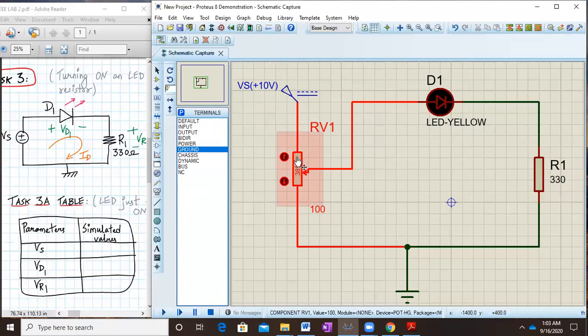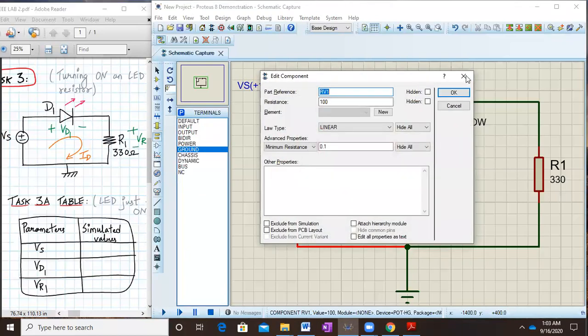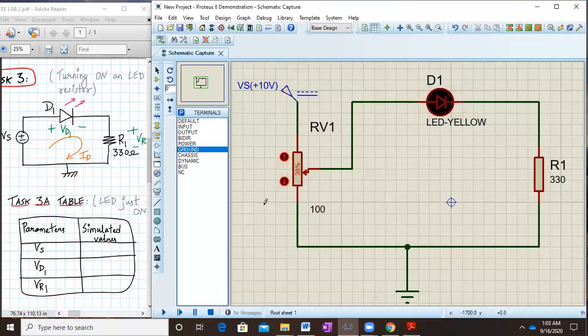Okay, I think I was talking about this point over here. Let me just make it 0. Okay, so as you can see, it's moving and it's 0 now. So let us start my simulation. You have to click on this run simulation button. So it has started to simulate.